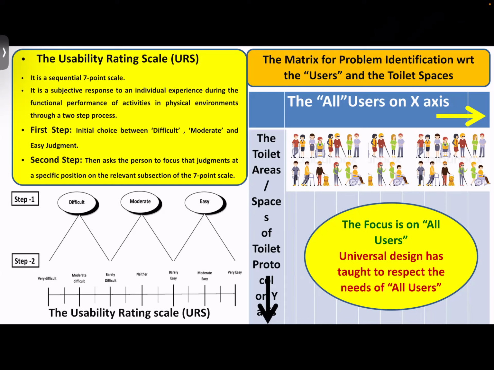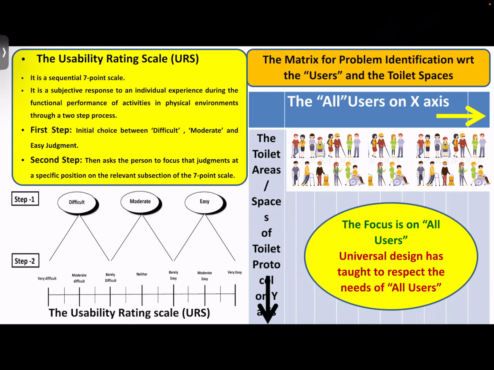usability rating scale, then functional independence measure, then enviro-functional independence measure also. These are the kind of methods with which the behavioral aspects, the activity which someone does in a built environment, can be converted into a numerical value. So what I did is, instead of any other methods, I used a usability rating scale, which is